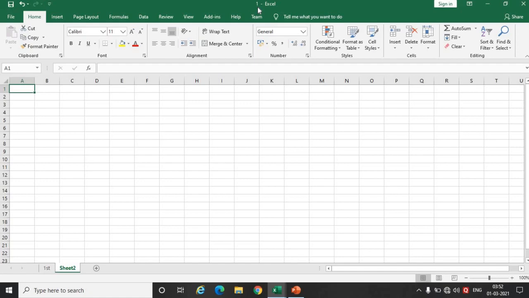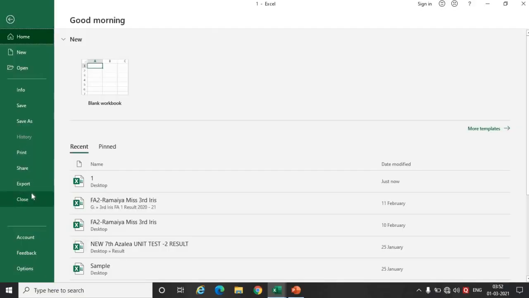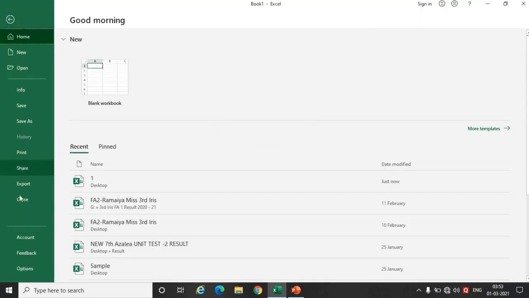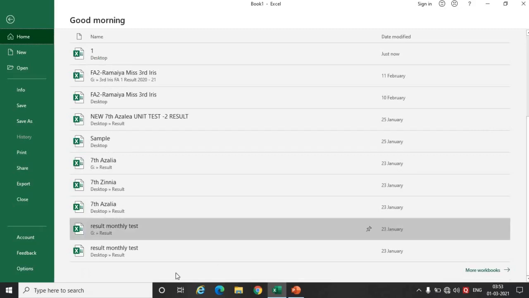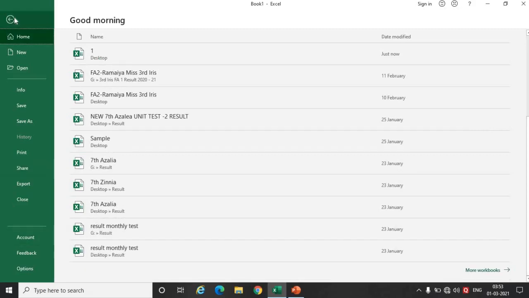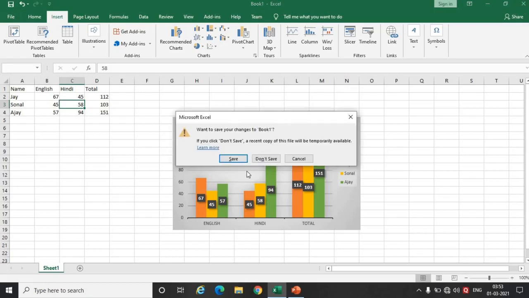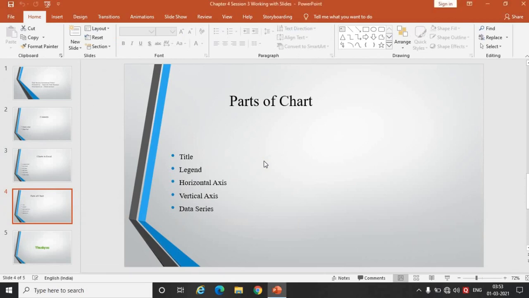Okay, now next one is how to close a workbook. For closing a workbook, click on the File tab. In the File tab you will get the option close, click on it. The previous file which we opened recently got closed. Now if you want to close Excel, click on File and you will get the option exit. But in my workbook the exit option is not available. Let's scroll down and see whether the option is available. So it is not available in my Excel sheet. So directly you can click here on the cross and your workbook will get closed.